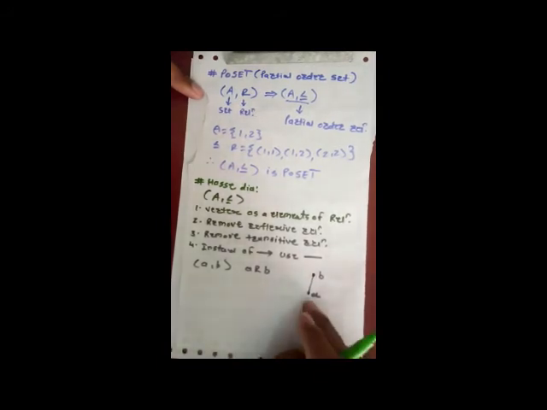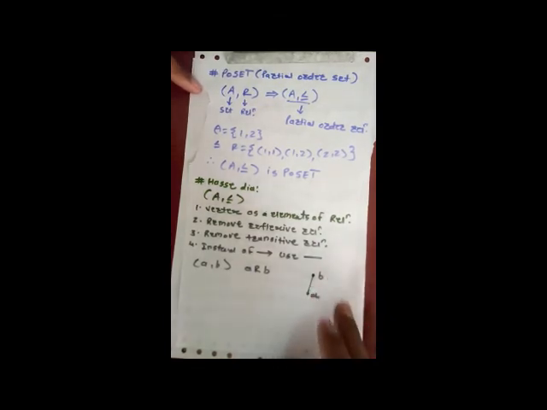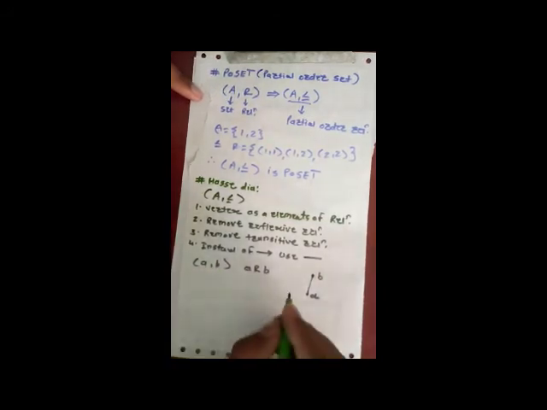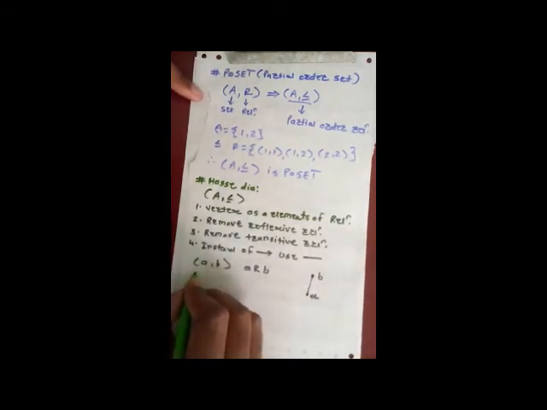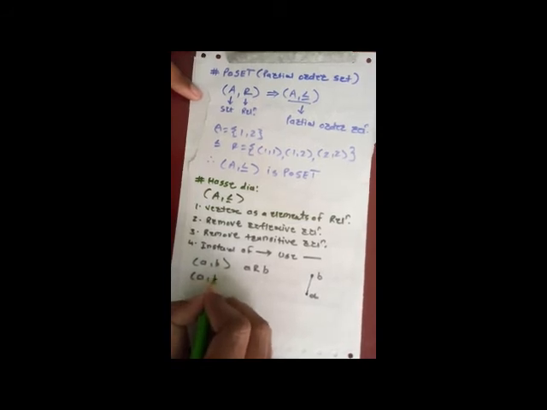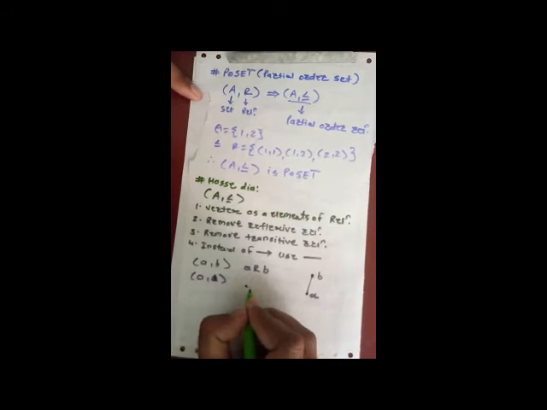So these are the comparable elements or relative elements. Again, we have to remove the self loop, which means if there is a pair A comma A, then we have to remove this self loop from the diagram.